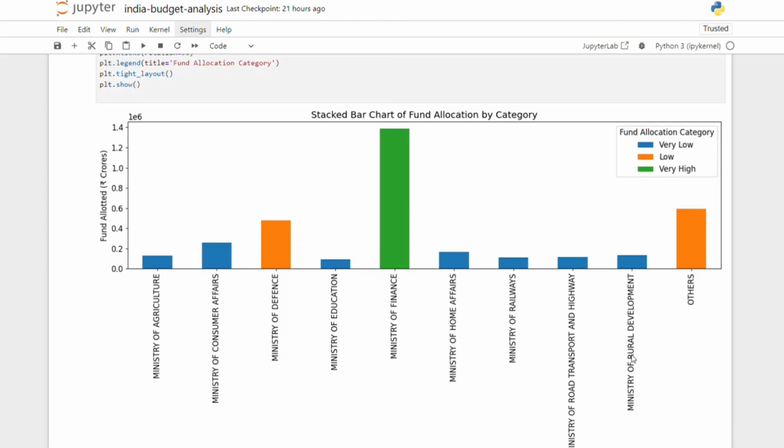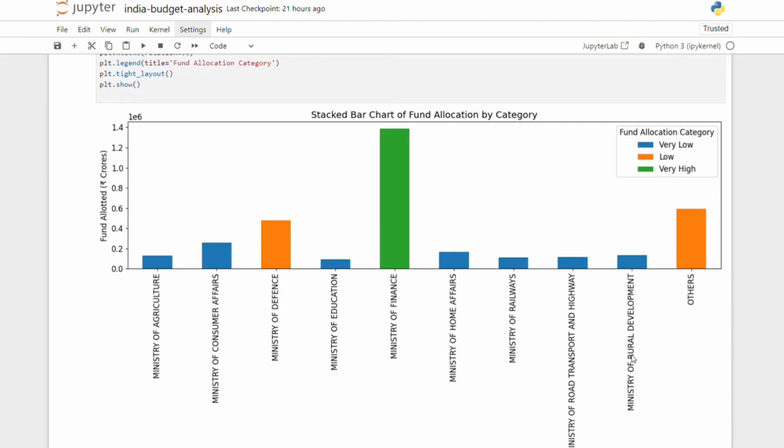Then social welfare. The Ministry of Rural Development is allocated 1,33,690 crores, highlighting the government's commitment to rural development, poverty alleviation, and social welfare.